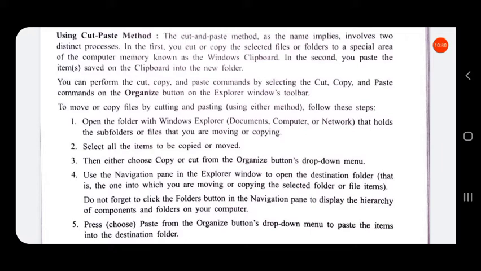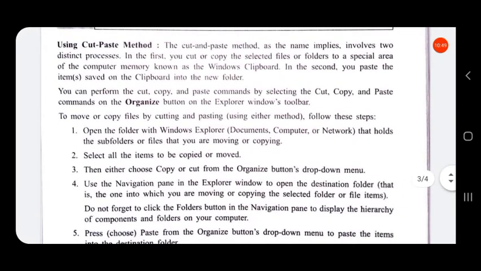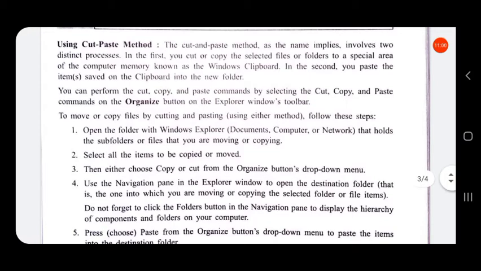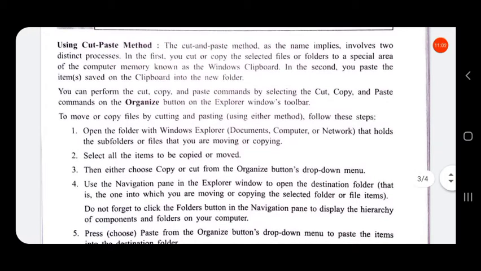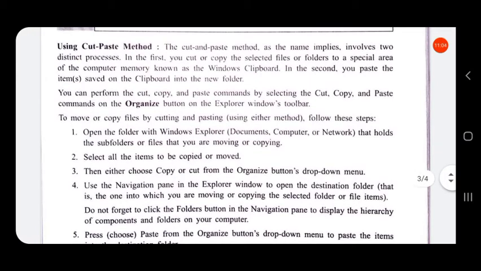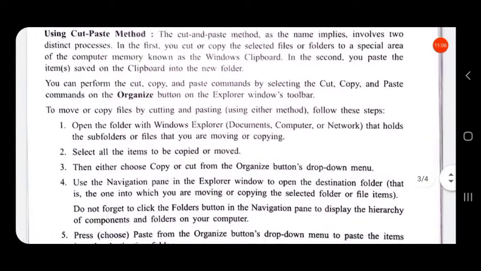The cut and paste method, as the name implies, involves two distinct processes. In the first, you cut or copy the selected file or folder to a special area of the computer memory known as the Windows clipboard. So whenever you cut or copy, it is saved in the clipboard.